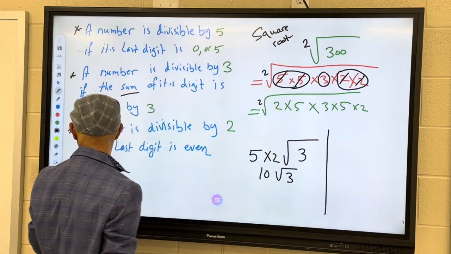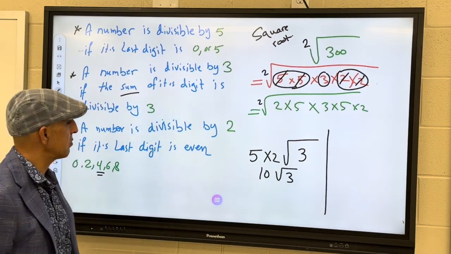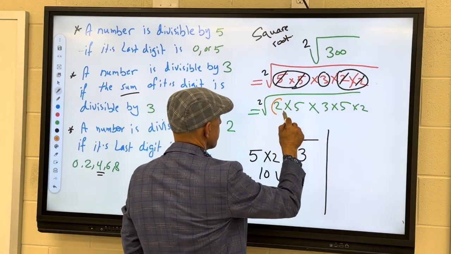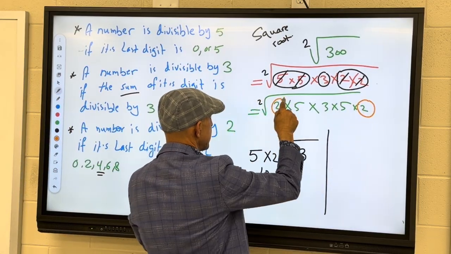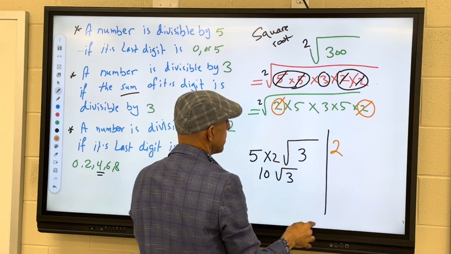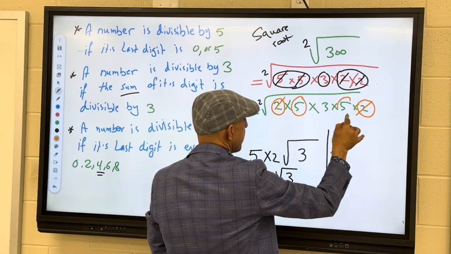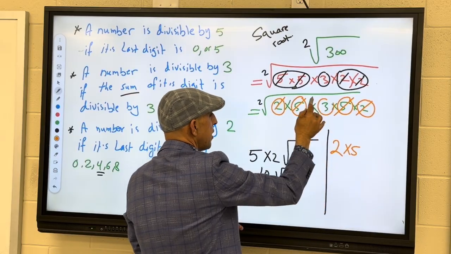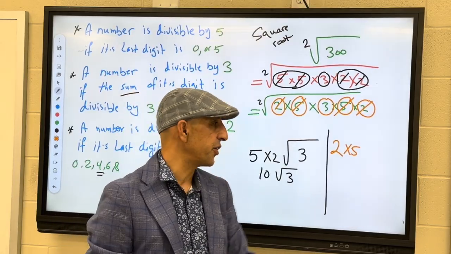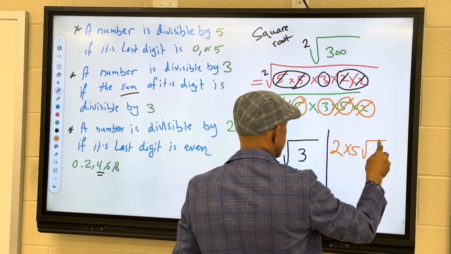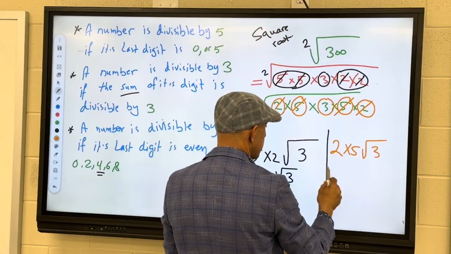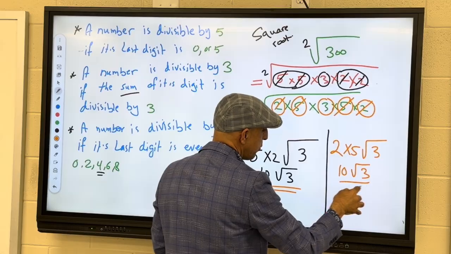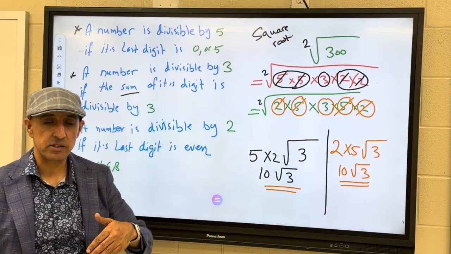Let me try now the second one. So, now look at the 2. So we have the 2. So cancel it and take it outside. Take the 5 and the 5. Cancel it and take the 5 outside like this. The 3 now, we don't have two 3s. We have just one 3. So keep it like this. Square root of 3. Now 2 times 5 is equal to 10. Square root of 3. You can see that any way you are reaching to the factoring, you will reach to